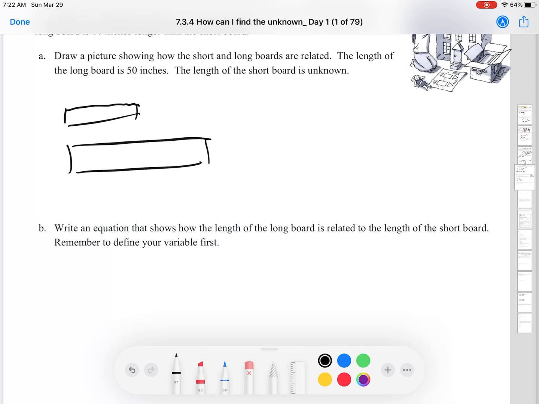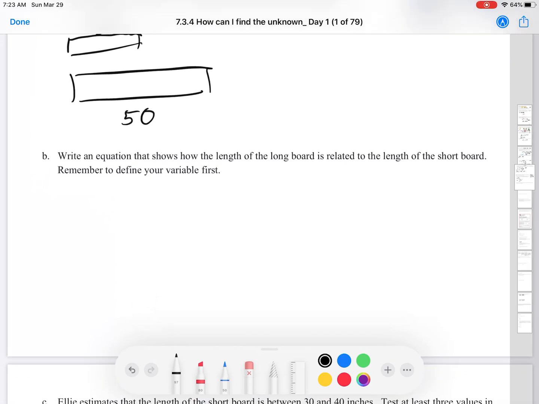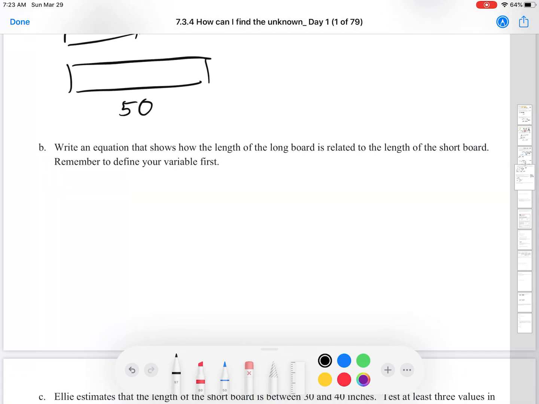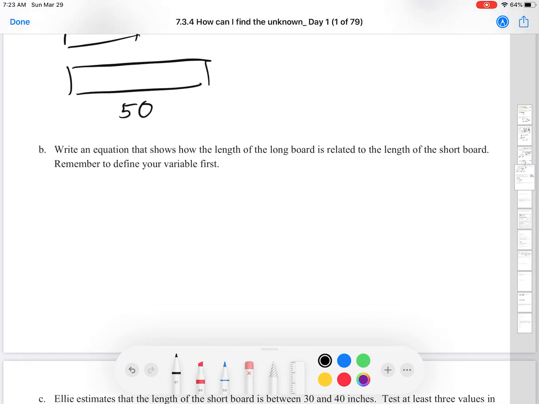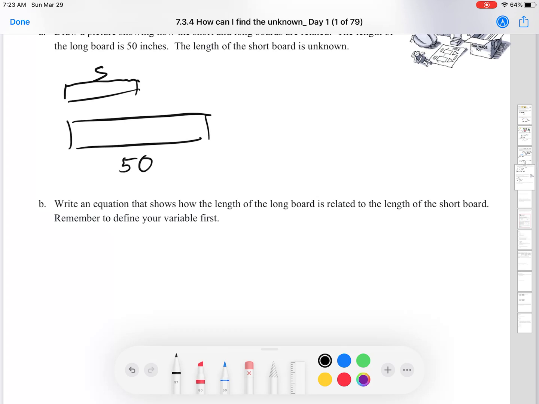The length of the long board is 50 inches. The length of the short board is unknown. There we go. Now we're going to write an equation that shows how the length of the long board is related to the length of the short board. An equation to show, remember to define your variable first. Well, there's our S, right? And what we could say is there's one part we didn't list, but we do know. From here to here, right? From there to there, it is,